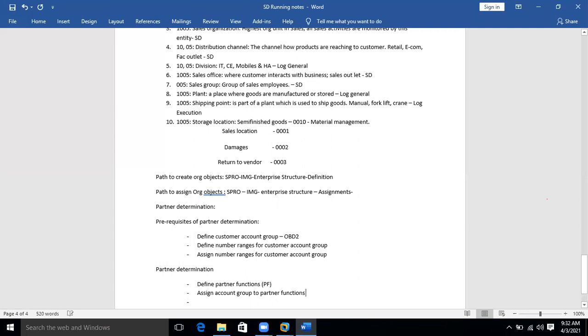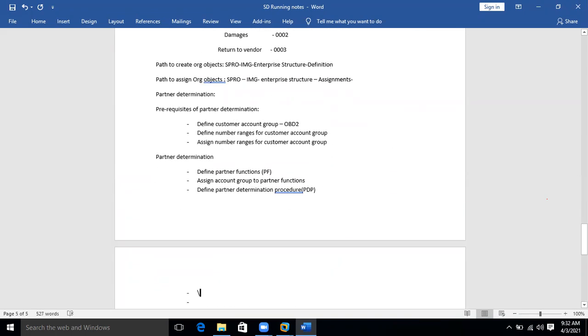Then define partner determination procedure. Partner determination procedure in short can be called PDP. Then the next step is place partner functions in PDP.